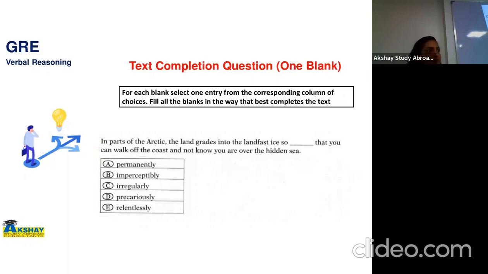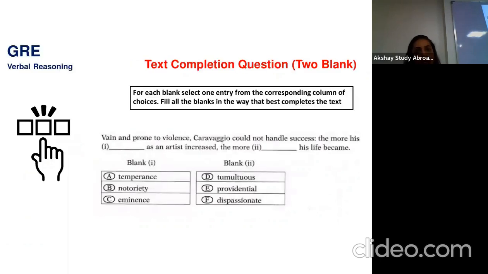So vocabulary will come gradually. What is important right from day one is that you improve upon your comprehension skills, your prediction, and your accuracy level, and you practice time management. That is something which is important. Understood? And that's the importance of training. And then this is how you work on 2-blank questions. There are 2-blank and 3-blank questions as well. And in a given section, there are 20 questions, as we have understood. So out of 20 questions, 10 questions are RC, that is reading comprehension, and 10 questions are fill-ups.